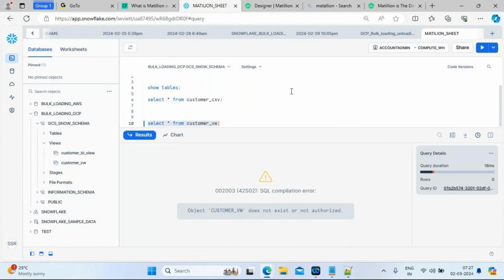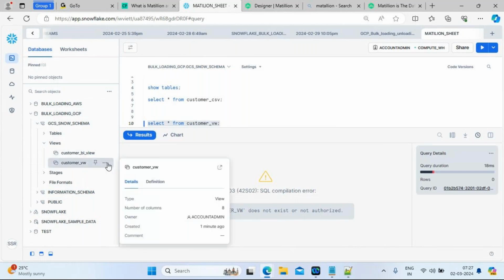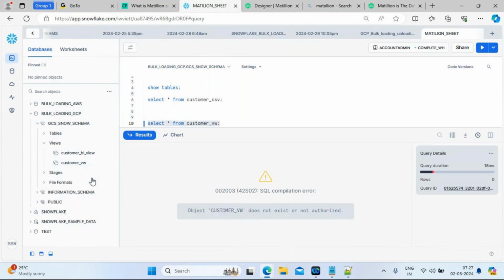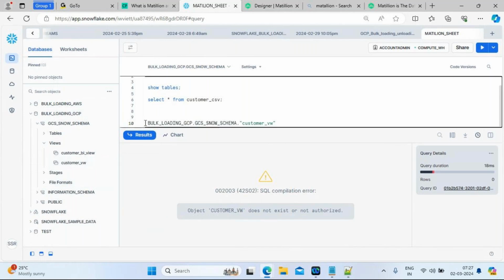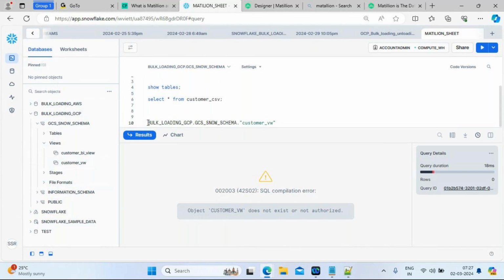Customer view does not exist or not authorized. One minute. We'll select star from